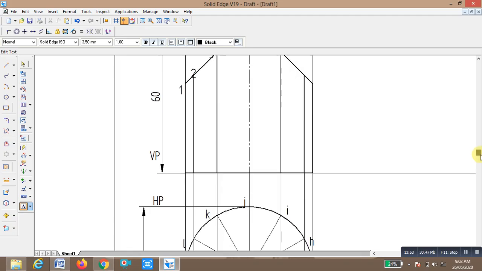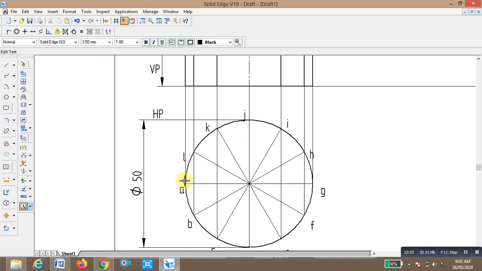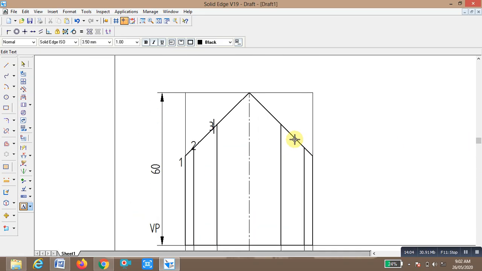This is point 3 and this point is 4, 5, 6, this is 7. Okay, again go back, it is 7, this is 8, here it is 9, here it is 10, here it is 11 and 12.